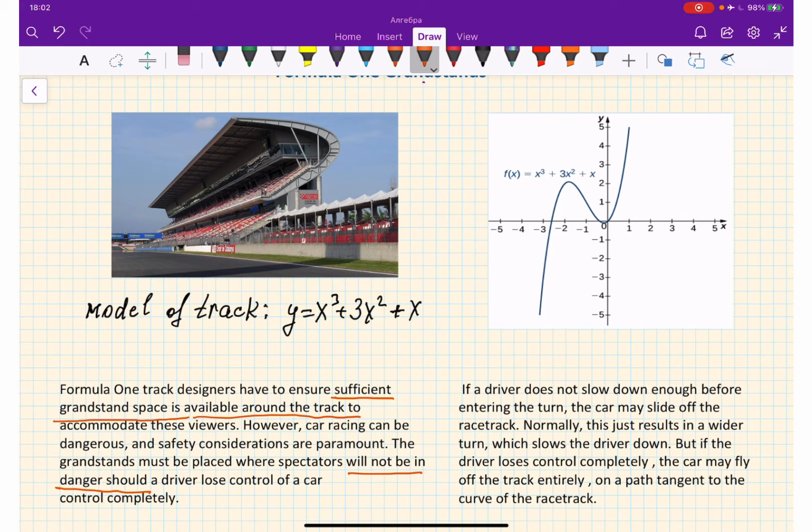So what are the cases here? If a driver does not slow down enough before entering the turn, the car may slide off the racetrack. Normally, this just results in a wider turn which slows down the driver. But this is the most important thing. If the driver loses control completely, the car may fly off the track entirely on a path tangent to the curve of the racetrack. So here on the graph, we have